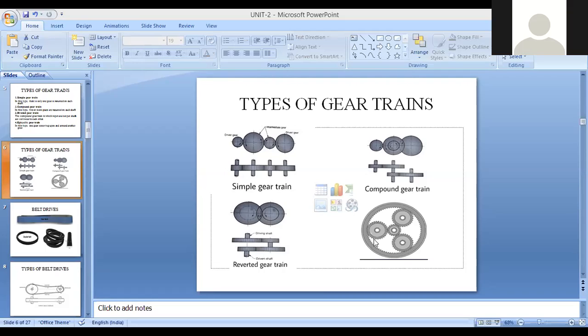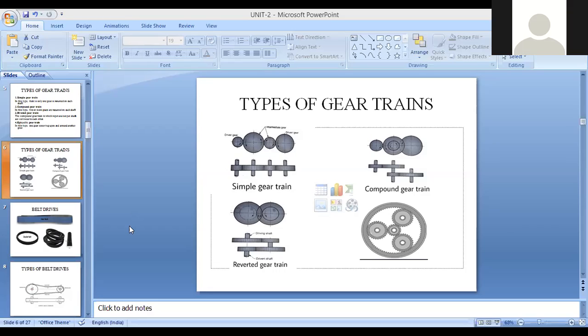And this is epicyclic gear train. Here the middle one is called the sun gear, the side ones are called planetary gears, and the last one is called the ring gear. So wherever you want to use different gear ratios, there we use this epicyclic gear train. Here either the sun gear will be locked, or else the ring gear will be locked. All three gears will not move at a time. Any one of these two will get locked. And this type of gear train we use in cars, like automatic cars, where we need not change the gears. Okay, this is about different types of gears.